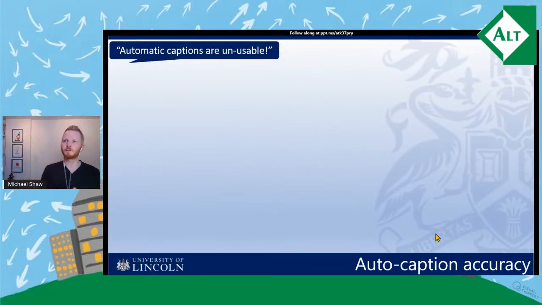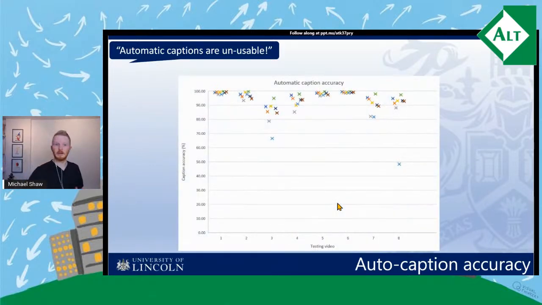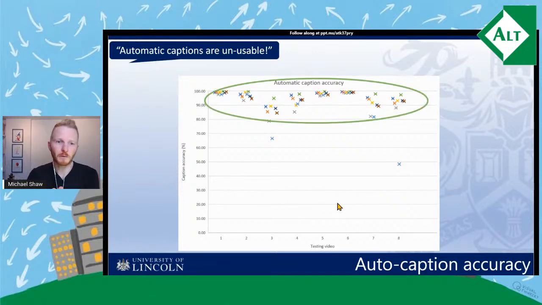So let's begin with this. Automatic captions are just unusable. I've been told this. And we know that according to web accessibility criteria, that auto captions will need correcting, but are they unusable? Well, we're going to look at this data in more detail throughout today's talk, but as an